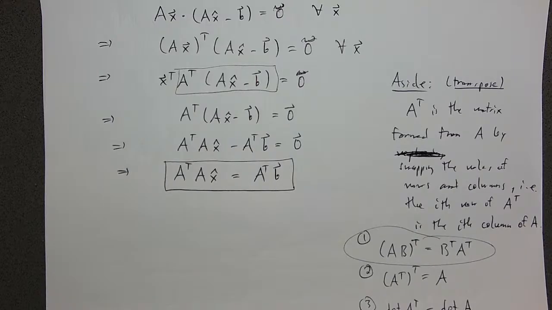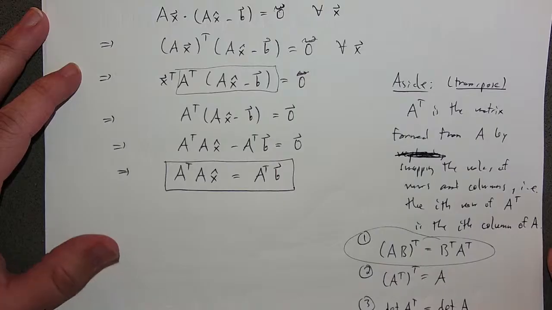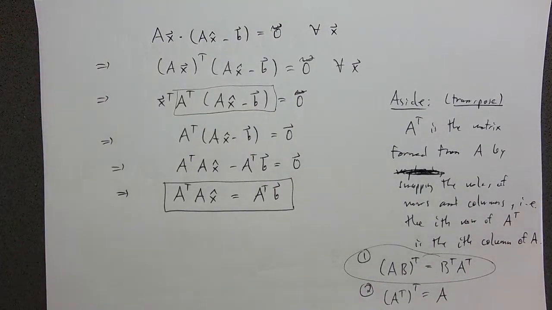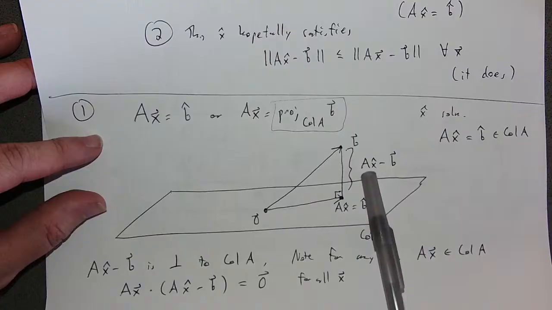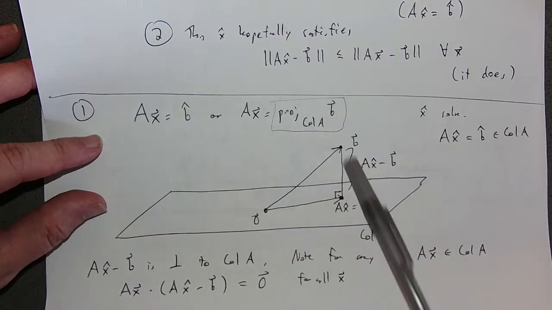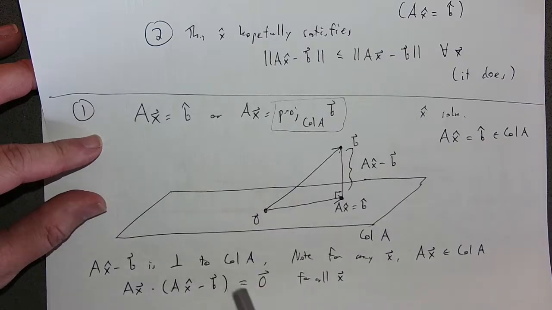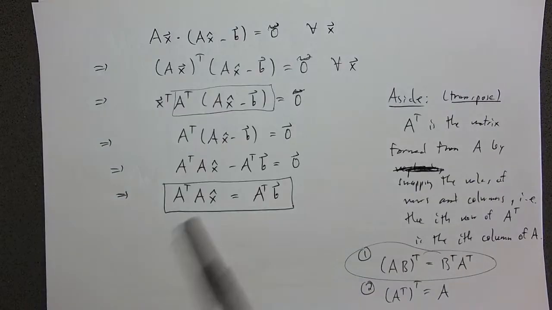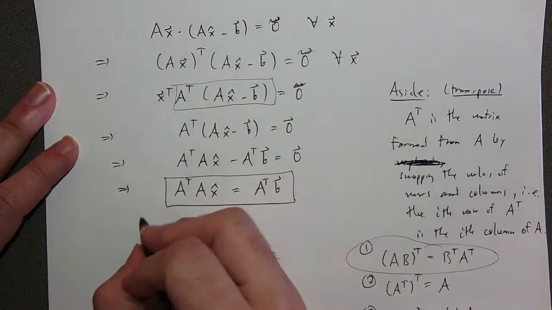Well, what am I doing here? Notice that I could have really gone in any direction here, and so all of these could be turned into if and only if statements. And so what did I start with? I started with the assumption that what we were dealing with, this Ax hat minus b, because of the construction, had to be orthogonal to this b hat, which is Ax hat. And in that way, I've obtained this equation, or this system of equations, you want to think about it this way, so that, note,